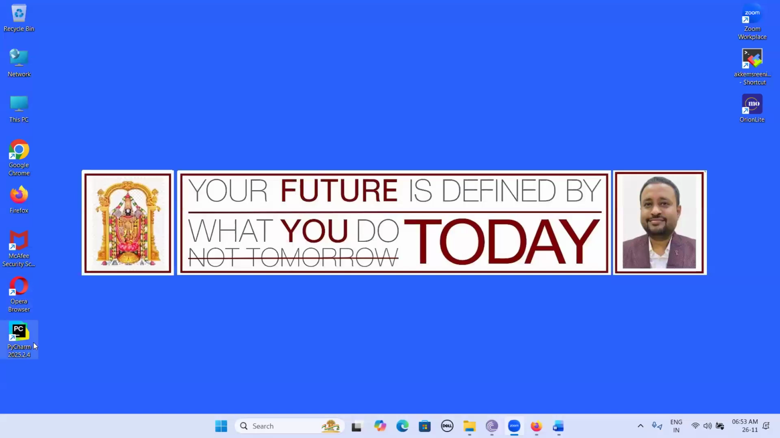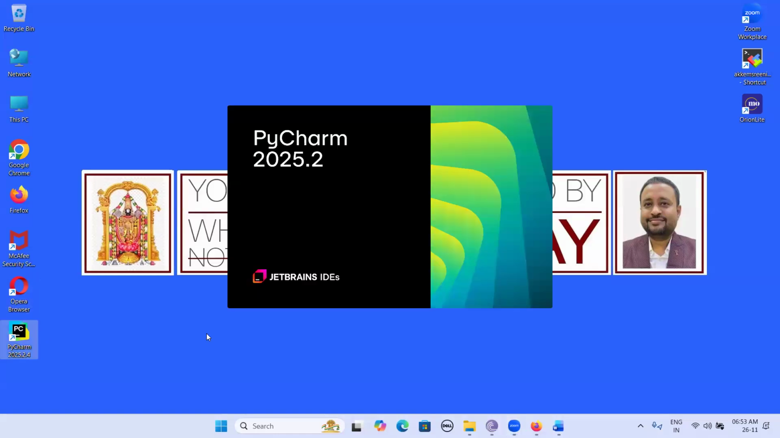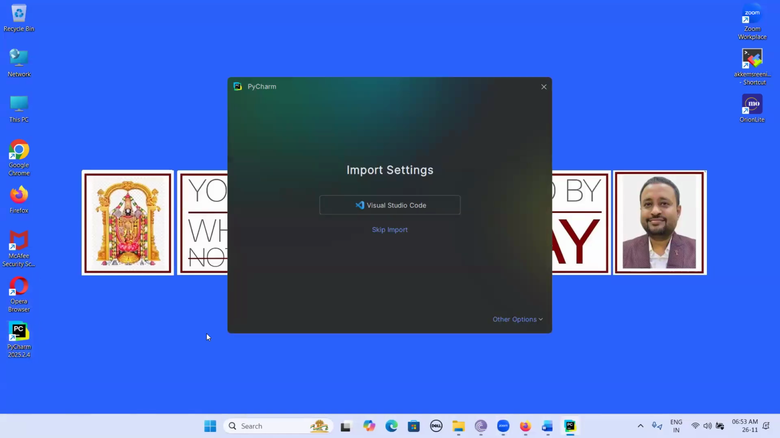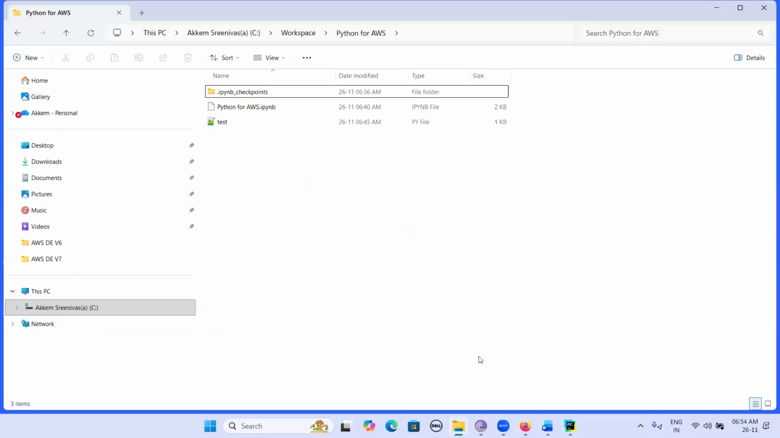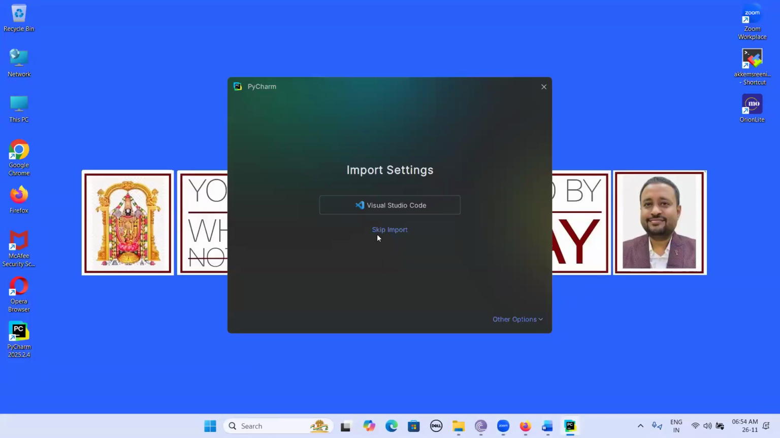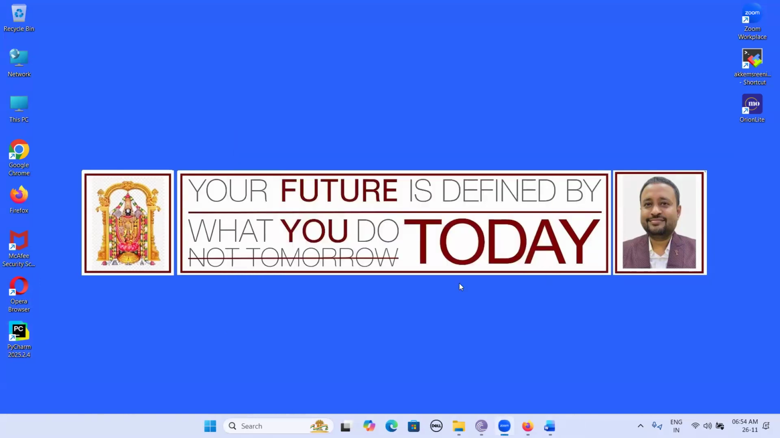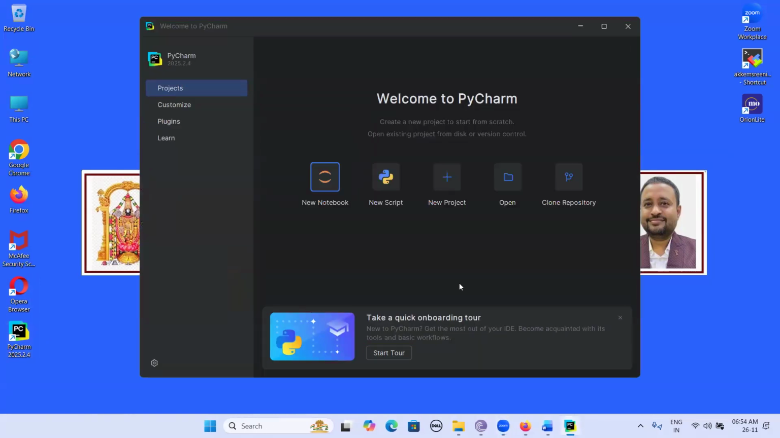You can see the icon on desktop. Double click on this PyCharm IDE, and before that, create a workspace. We already created a workspace here in C drive, workspace, Python for AWS. Then skip for import, and here you can see